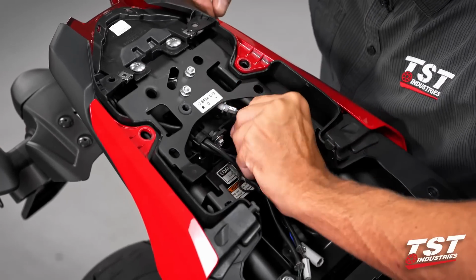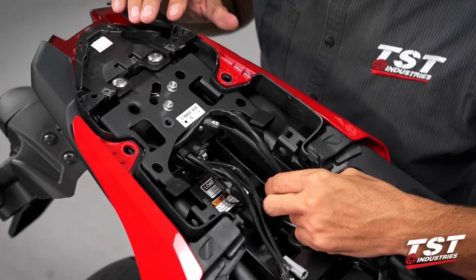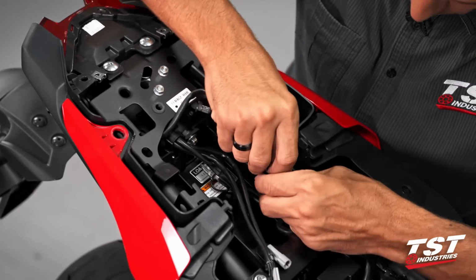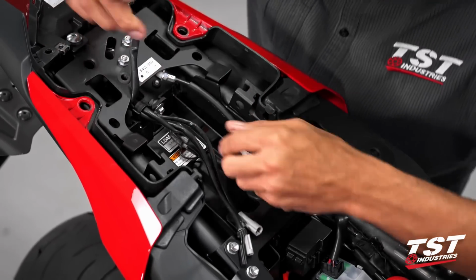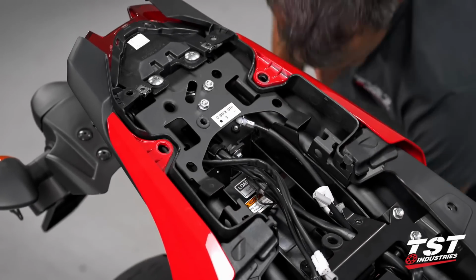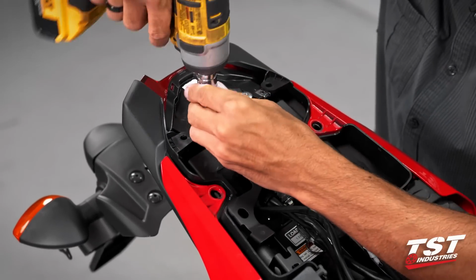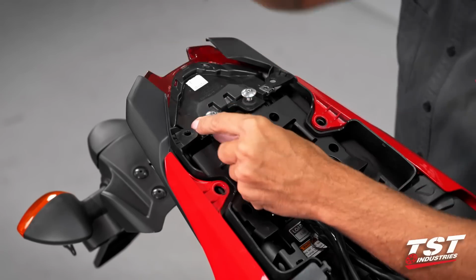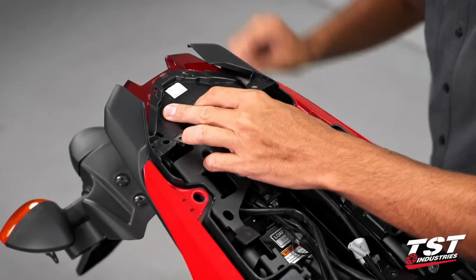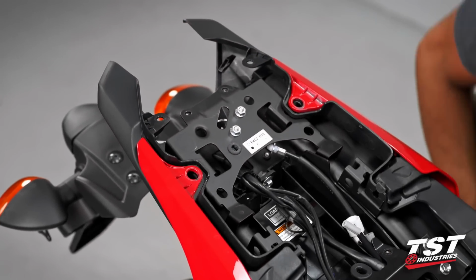The one additional thing I like to do during these installations is the removal of the tail light. On this particular bike, we have better access to all the fasteners for the Fender Eliminator if we take the tail light off temporarily. If you're doing an integrated tail light, this is also a great combined step to do while you do everything so that you don't have to redo steps. I'll switch over to a 4mm Allen, extract these two fasteners, and once again they do have spacers, so I will retain those. Now the tail light should just slide back. Make sure you don't snag any wires, put it to the side,